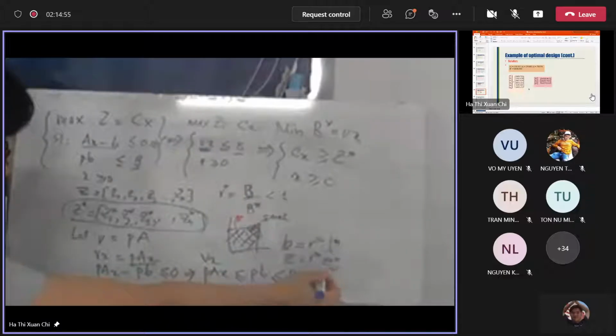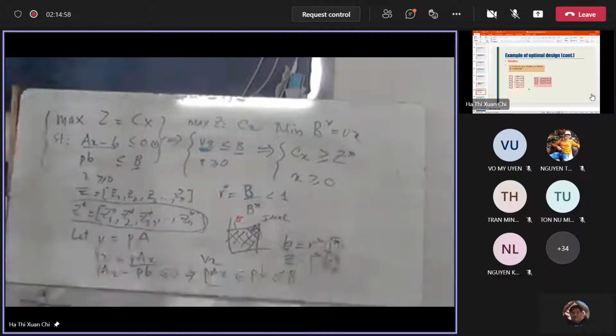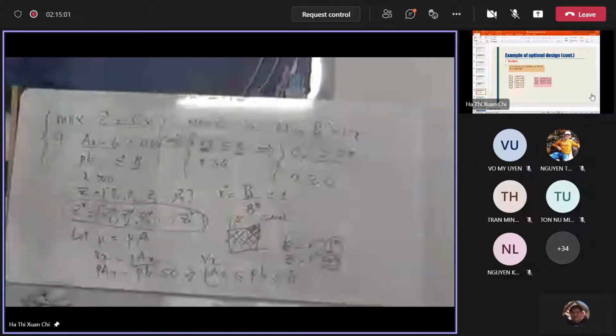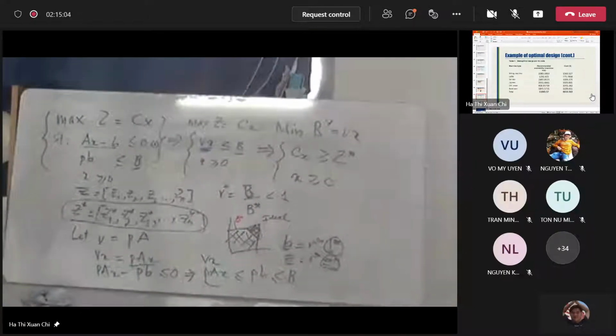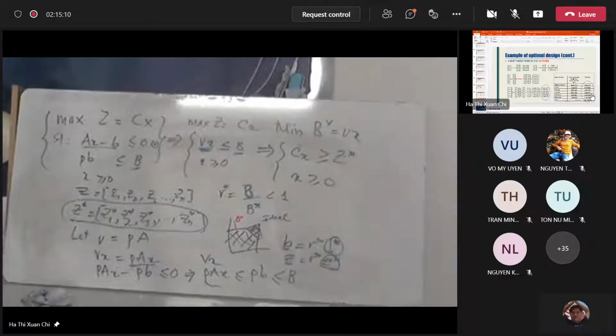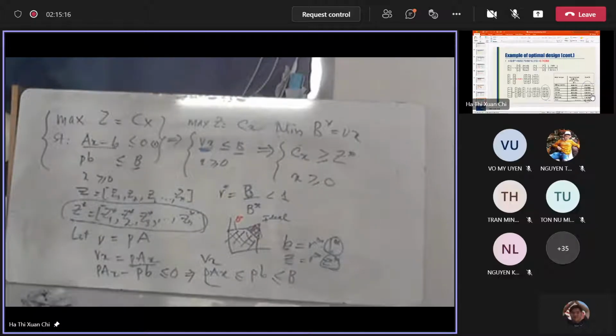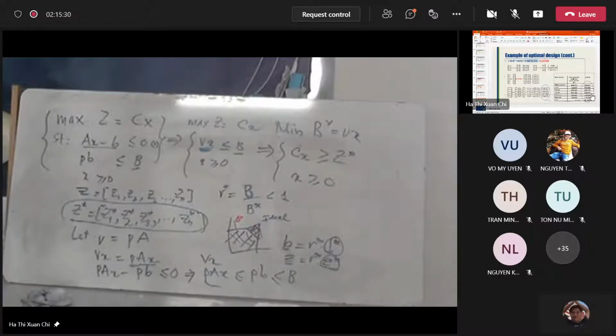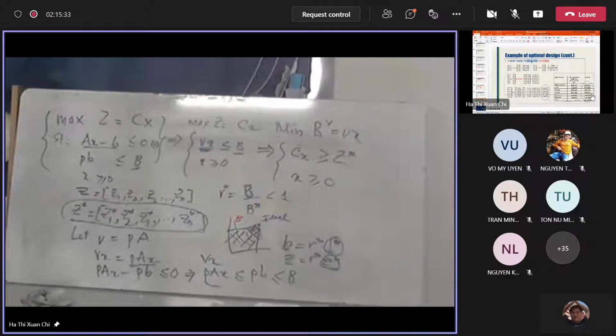So it means you just find here, right? Right now you take the ratio. So the ratio B divided by B star, you get the money, the original one, and that is what we need. So the ratio here is 0.7. It means you need more money, right? You need more money if you want to reach that point.